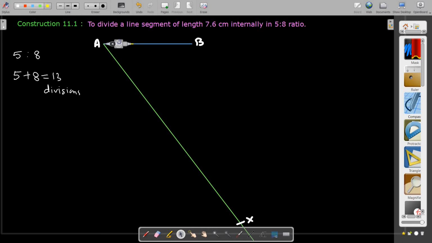So placing the pointer, we have to mark 13, whatever is the sum of the ratio numbers. On adding, whatever number we get, that many equal divisions we have to cut on the acute ray. So that's the second arc. The third, the fourth, the fifth, it's going to be too long, fifth, sixth